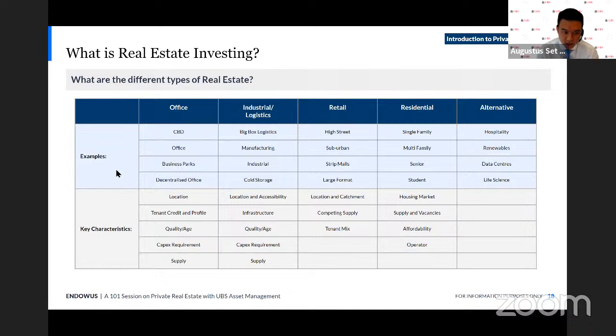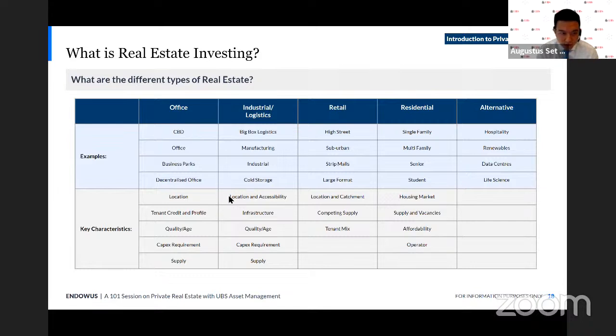table, right? I guess some things to look out for as you invest into the different type of sectors. Some considerations could be the same, some might be a little bit different. So, if you look at office, obviously location is pretty important, right? You'd want to be in a developed market with a developed CBD. Even in the CBD, the building that's right next to or right on top of the MRT or the train station could be more desirable than one that you need to walk 15 minutes to get to the office.